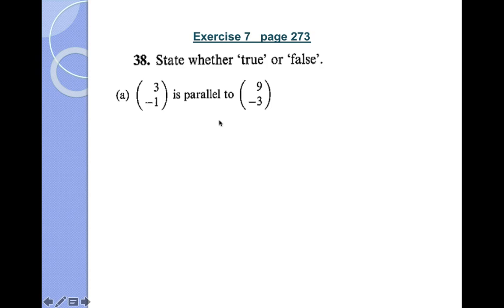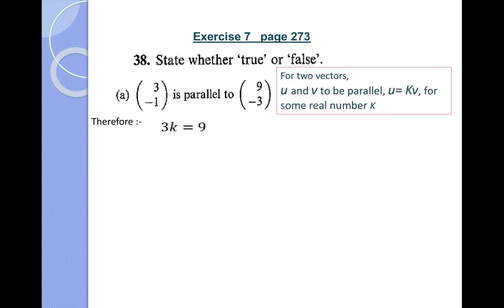So, as per the previous example question, we will simplify. For two vectors u and v, u is equal to kv for some real number k, where k is a scalar. This is a general format, students, you can follow it for any question. Now, what is the value of k? You will first take the x components. 3k is equal to 9. That means 9 is a scalar multiple of 3. So what is the value of k, students? 9 divided by 3, that is 3.